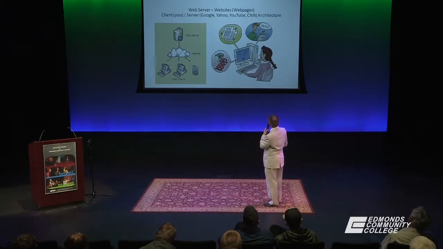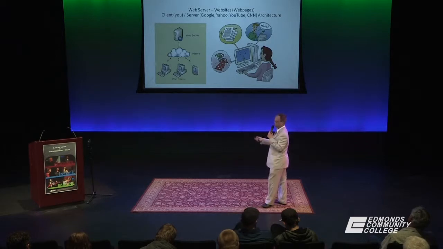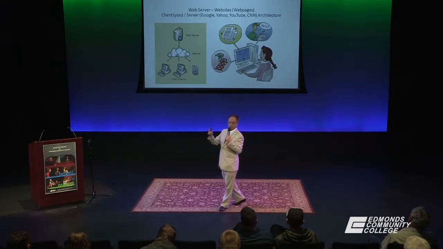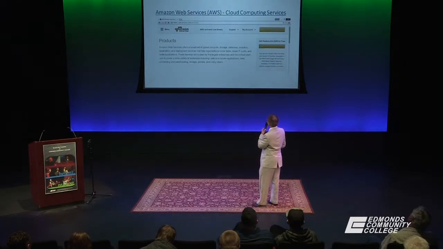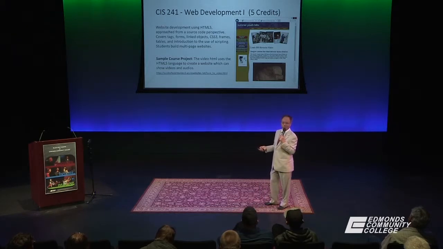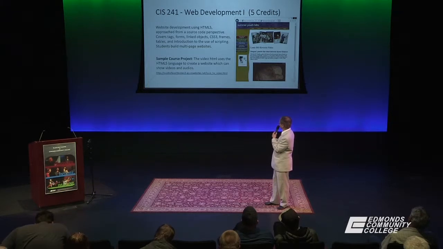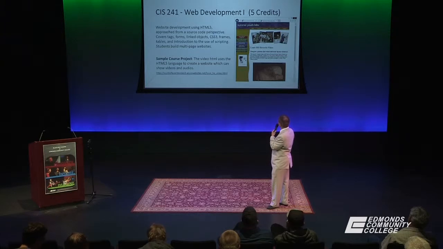Now, first of all, CIS 241 helps you to design the look and feel of the website. That's what we call the interface. That means when you open up Amazon.com, you will see all those beautiful pictures of books and merchandise, and we would help you to design the websites in 241. This is what we call the user's interface. That's what you see in your web browsers, like Internet Explorer, Firefox, etc.